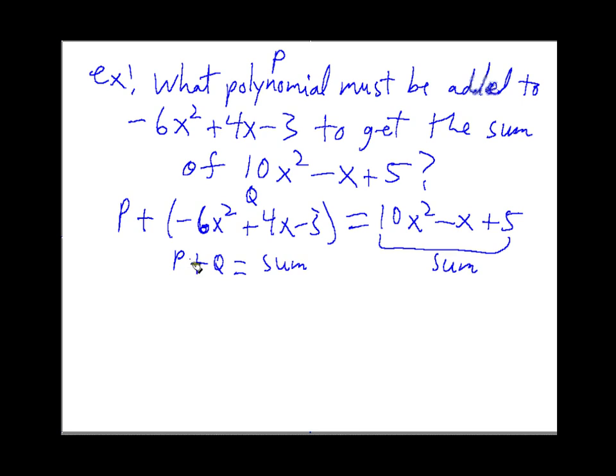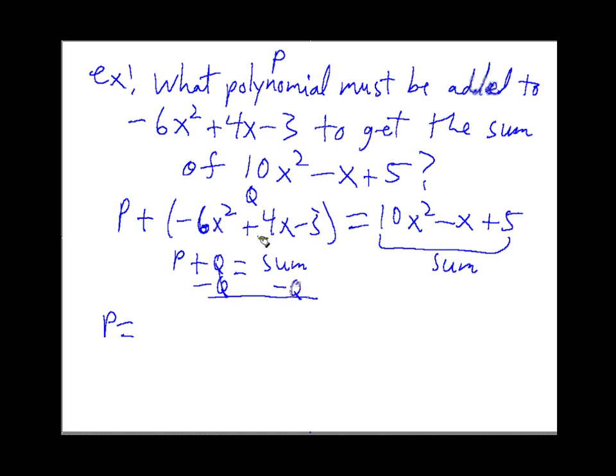Well, if you want to find p, wouldn't you subtract q to both sides here? So what I'm trying to say is that if I want to solve for p, I want to subtract out this polynomial on both sides. So essentially, p is equal to the sum minus q,